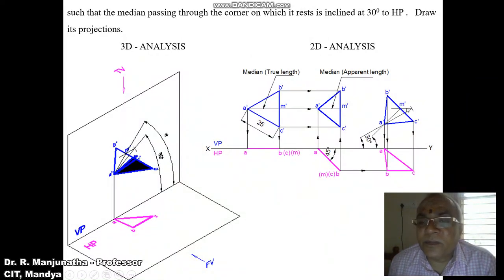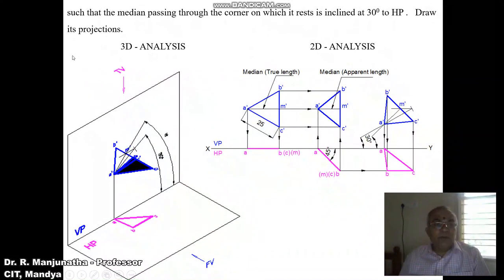with respect to that inclination line, we reproduce the second position front view, and then on this we are going to draw the top view. We can see here the corner is resting on the vertical plane, and the surface makes an angle of 45 degrees with respect to VP, and it is an equilateral triangle of 25 mm.